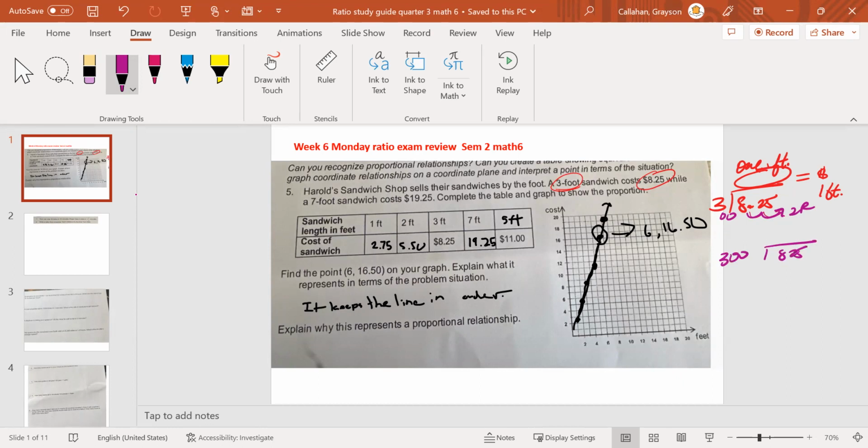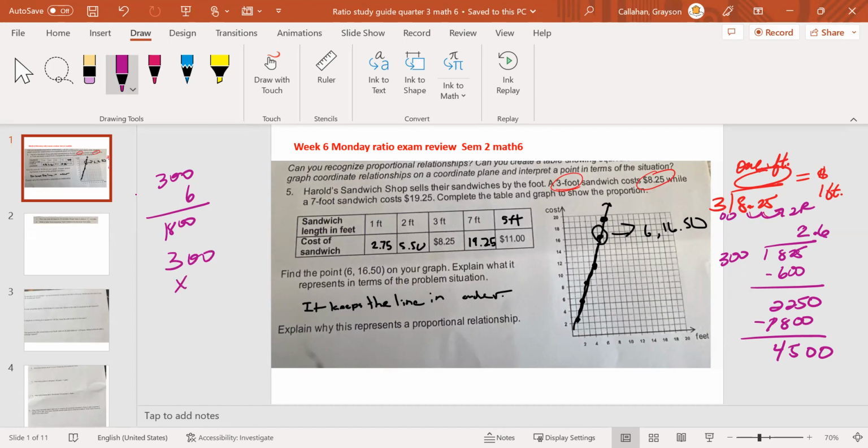300 divided by 825. You know that 8 times 3 is 900, so we're going to do 2 instead. 300 times 2 is 600. When you subtract, 225. Dot, you get another 0. You know that 3 times what number is close to 22? 3 times 8, actually 6, is going to give you 1800. So then if I do 6, 1800, subtract it, 0, 5, 4. Put in another 0. 300 times